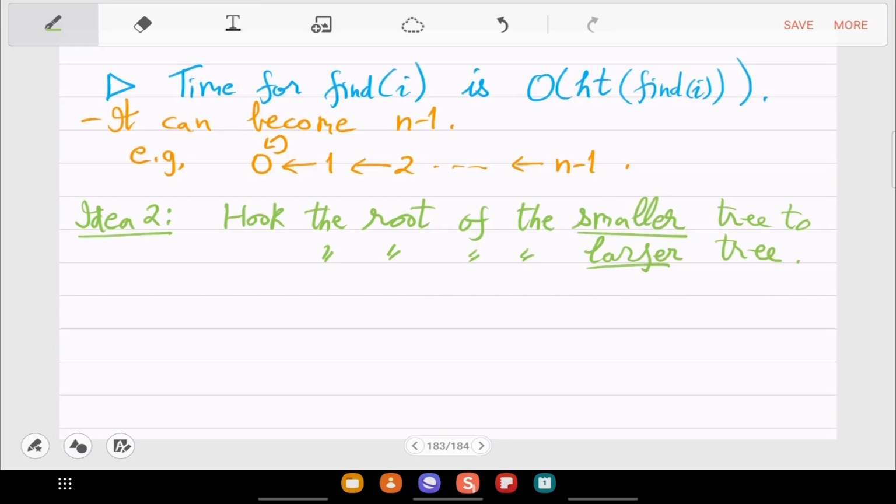So in the same example, when you were doing 2, 4, 6 and 1, 3, so the union of this, the second tree is the smaller tree. So we were right in attaching that to the bigger one. But what we did wrong there was just that we increased the height. So now we will not increase the height. Well, actually we will increase the height, but we'll try to minimize that. So we'll do this.